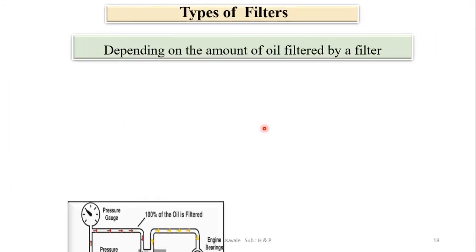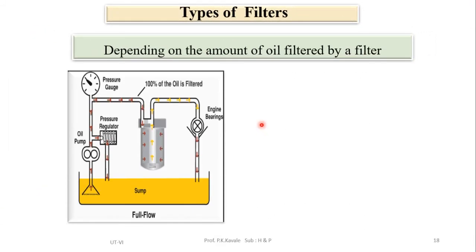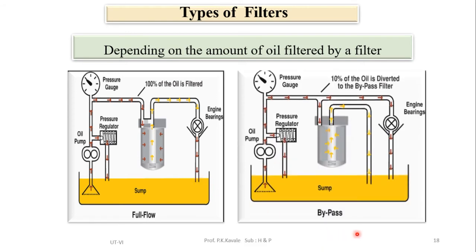Types of filters, meaning how the contamination is removed. It is known as a full flow filter. So what is the full flow filter? The entire liquid has to pass through the filter. So this is known as a full flow filter. The next one is a bypass filter. Some part of the liquid, 10%, 20% of flow, is diverted through the filter, and 90%, 80% is bypassed. Depending upon the requirement and conditions, we adopt this system.